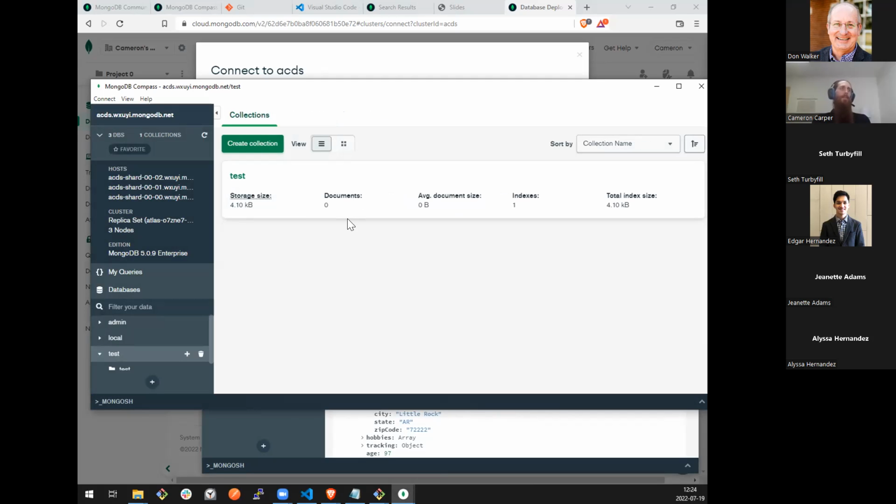And again, this is 100% in the cloud, available across the internet, available to the entire internet if you give it permission, both with username and password and the network access. So if you need a place to play, perfect place for it. Again, note, I never gave them a credit card, so the worst they can do is shut down my cluster. No big deal.